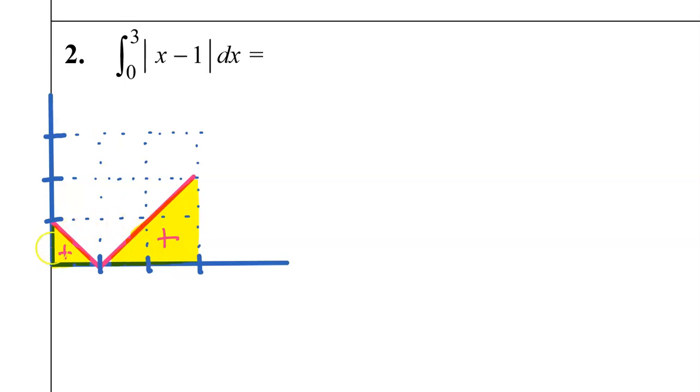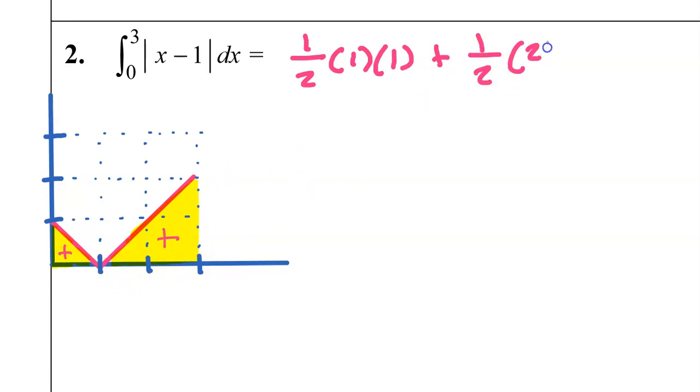So 1/2 base times height. If you take the small triangle, we have 1/2 times 1 times 1. And if you look at the larger triangle, 1/2 base times height is 1/2 times 2 times 2. But this first term is just 1/2. And 2 times 2 is 4. Half of 4 is 2. So in the end, we have